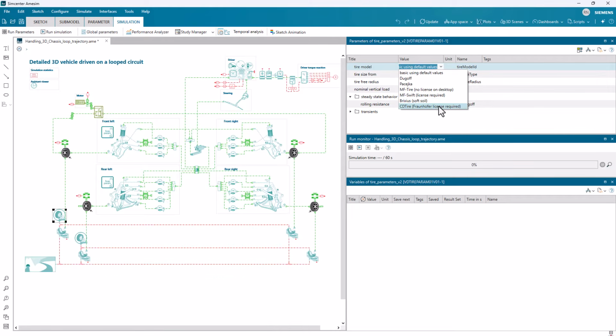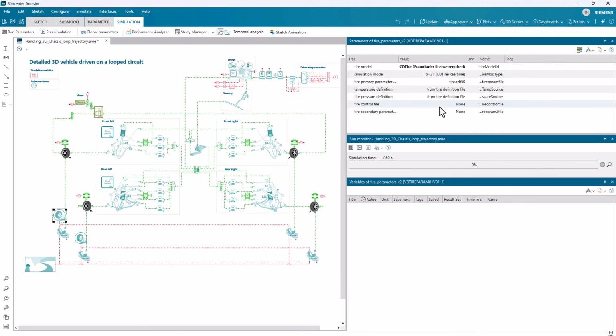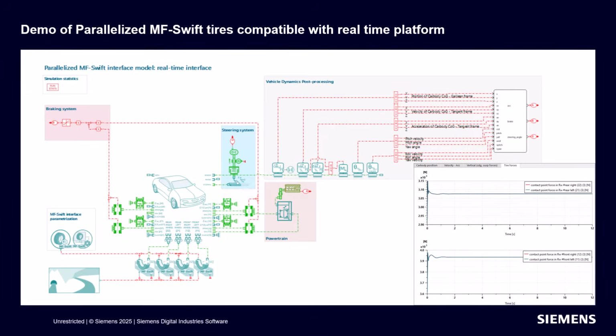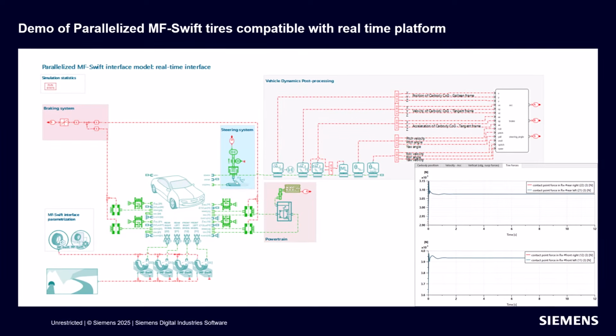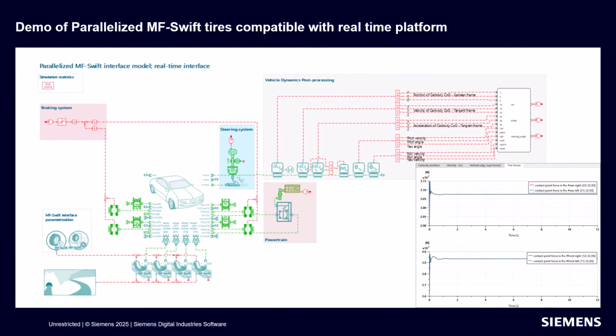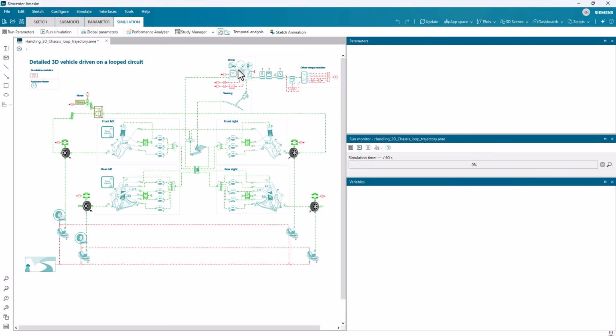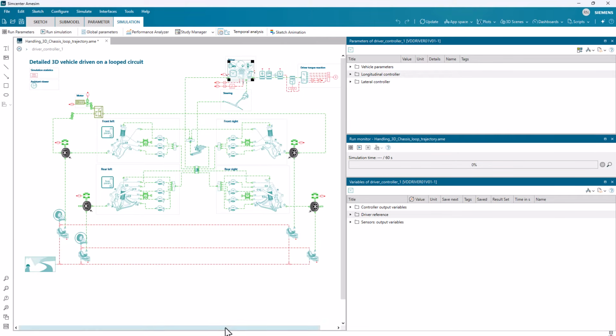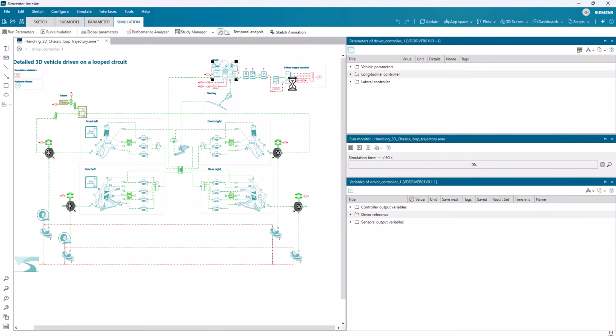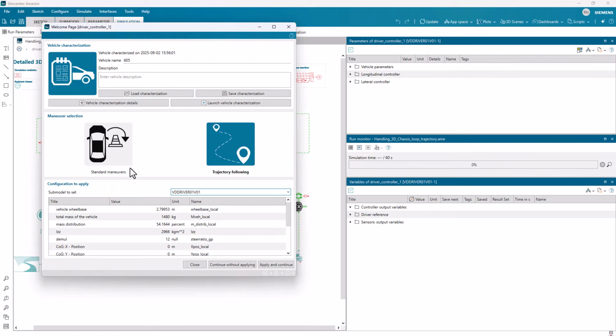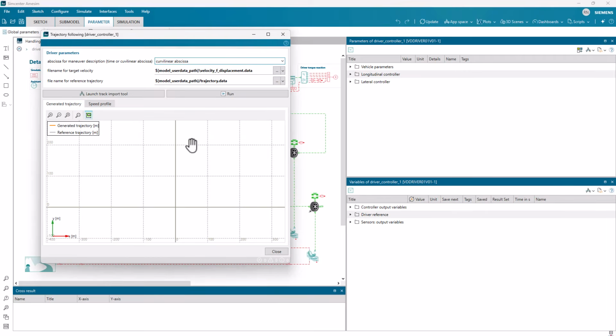We can add that this whole chassis model is real-time capable and can be executed in driving simulators or hill test benches. To help you with that, there is another new demo which demonstrates how to export such a model on concurrent real-time platform, for example. Now we have our tires all set, we can choose a test ground or a track profile. Yes, and let's open the trajectory import tool that can be launched from the driver controller app.